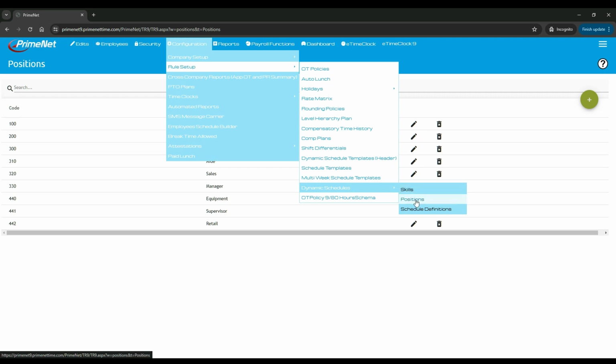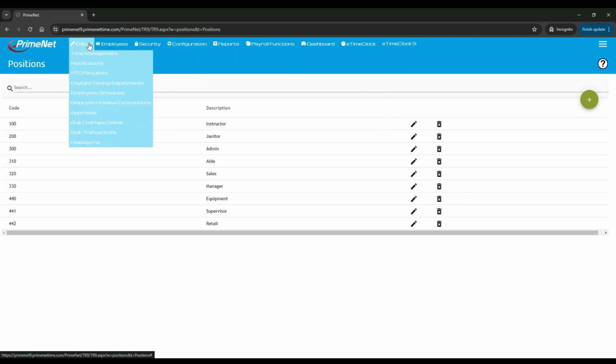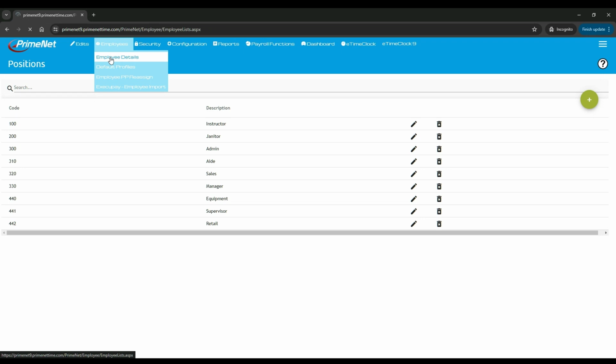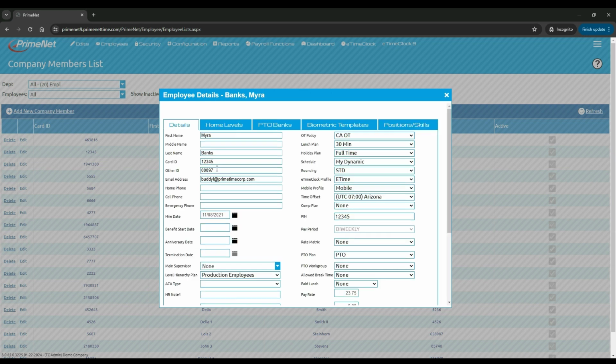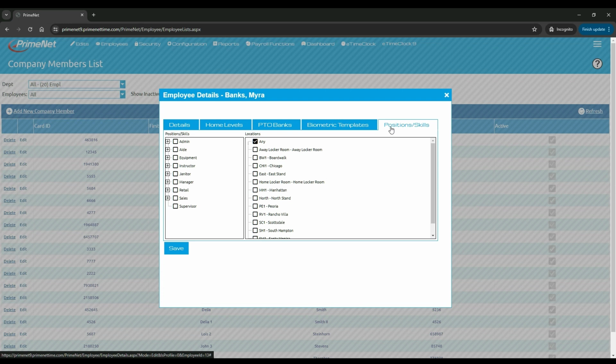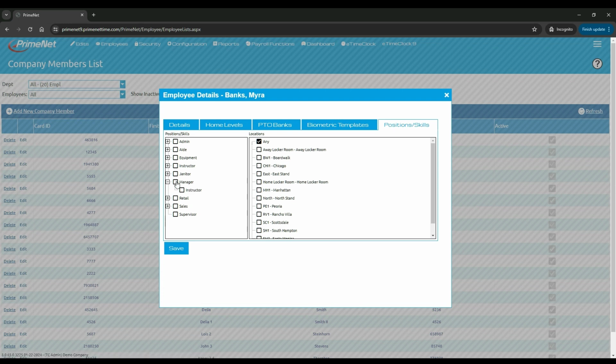Once you've got these done, we need to go to our employees. And here's Myra here. So I'm going to edit her. And now I have the position and skills tab. I can see she's on the My Dynamic schedule. So I click on this. Here's all the positions and the skills below those positions,